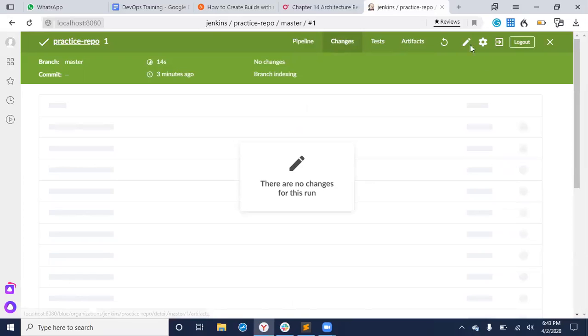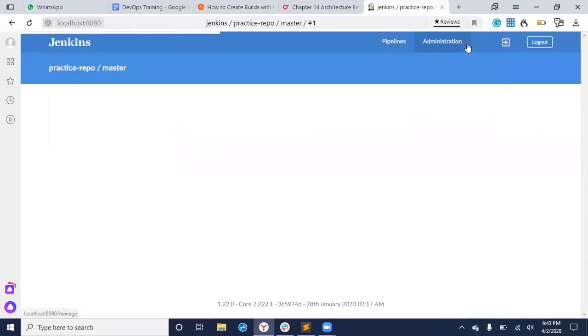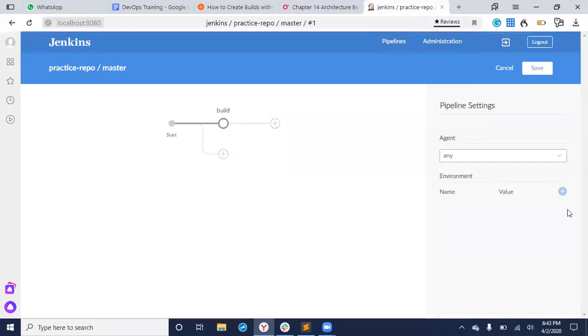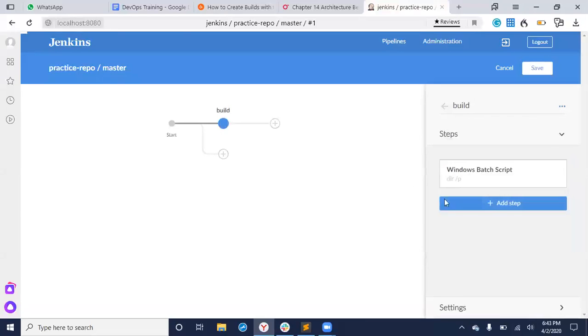You can see so much stuff. See, you can add your own stages. Right now, the pipeline does only some very specific stuff.